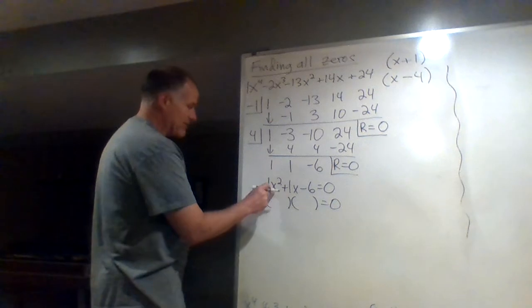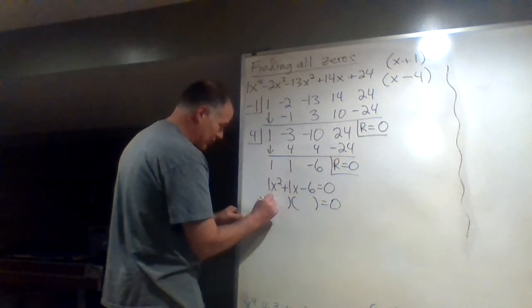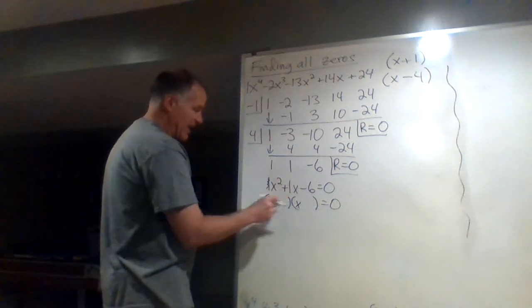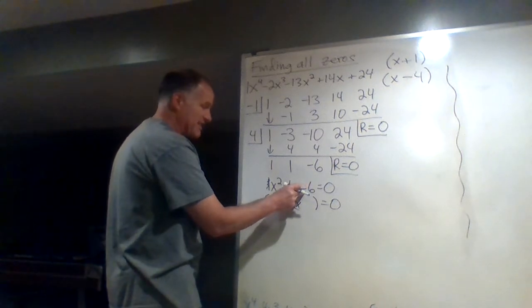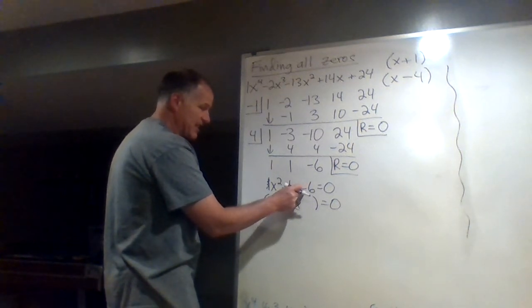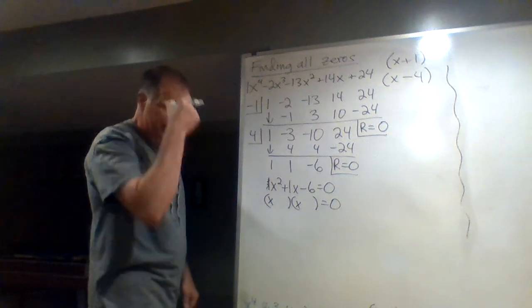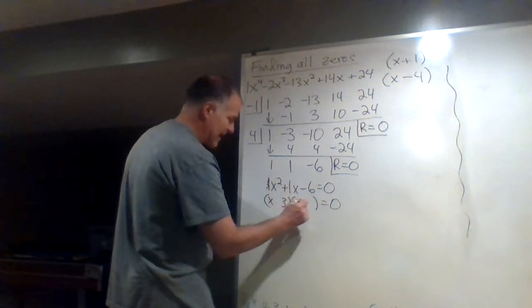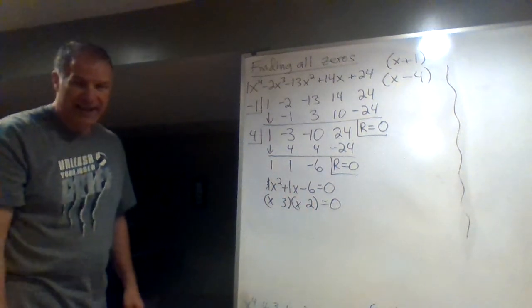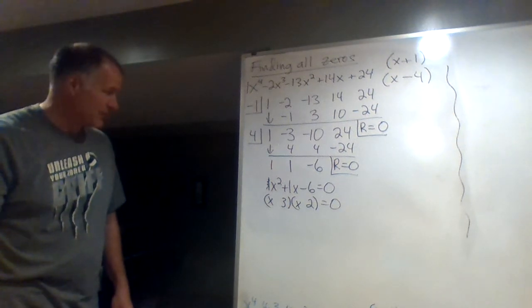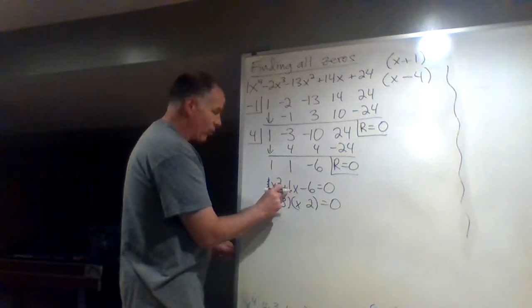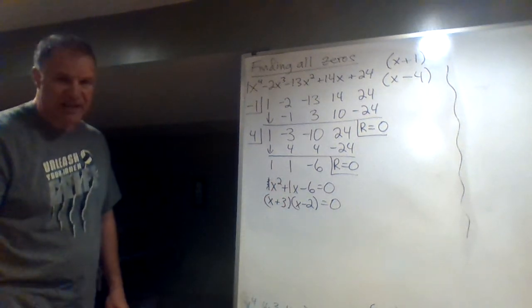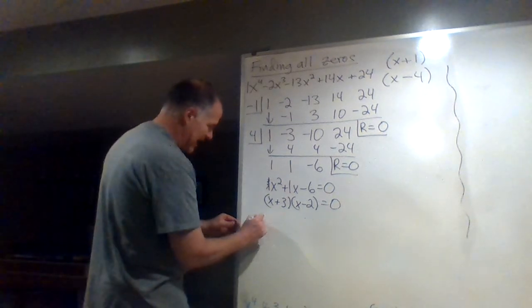Okay? But remember, if I can, which I just told you could, okay, remember, x squared, that 1 really doesn't mean anything. x squared, x and x, and then the factors of 6, because of the -6, the factors of 6 that subtract to make a 1. So the factors of 6 that subtract to make a 1, okay, that's kind of obvious. There's hardly any choices yet. The only thing you have here is 3 times 2. Remember, if I need a positive 1 in the middle, the larger has to be positive, which means the smaller one has to be a negative. And then remember, last step,